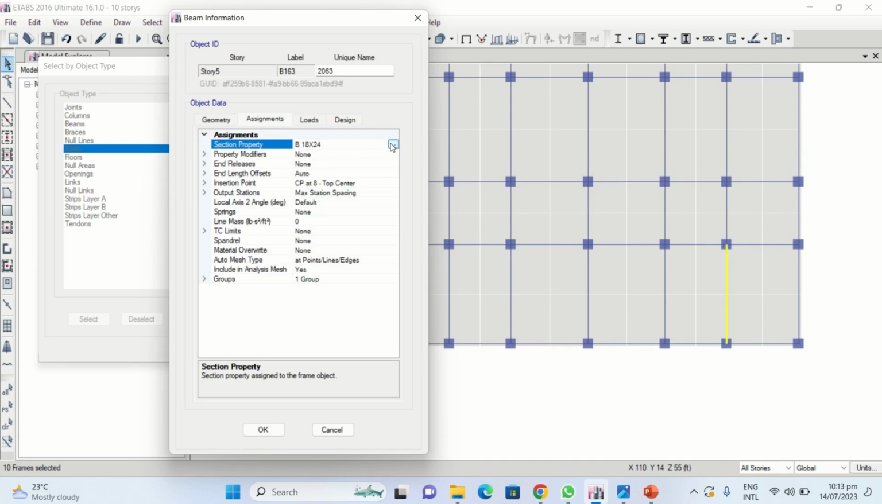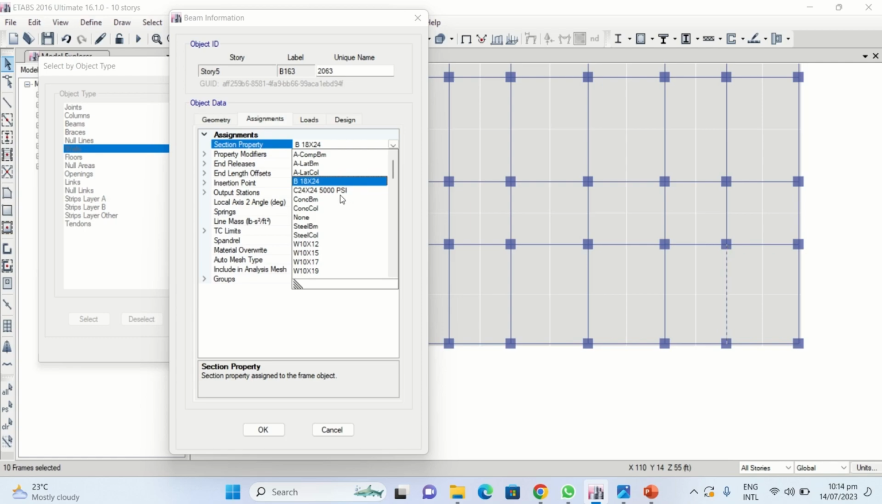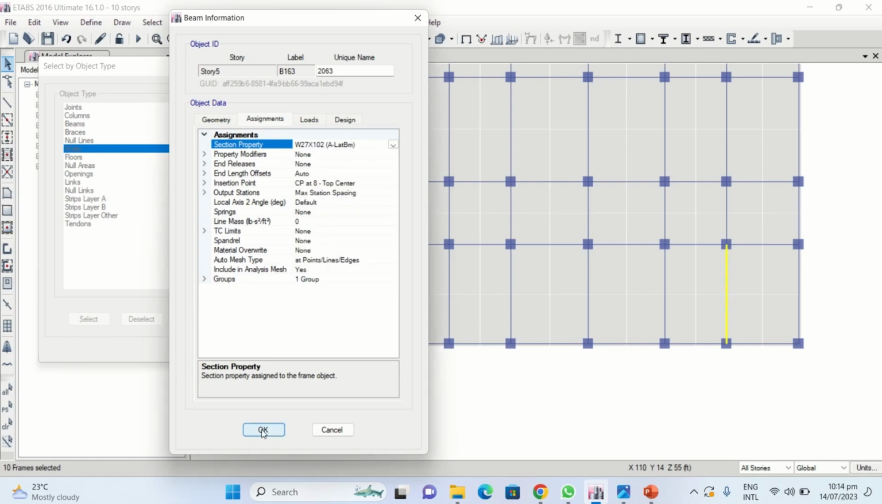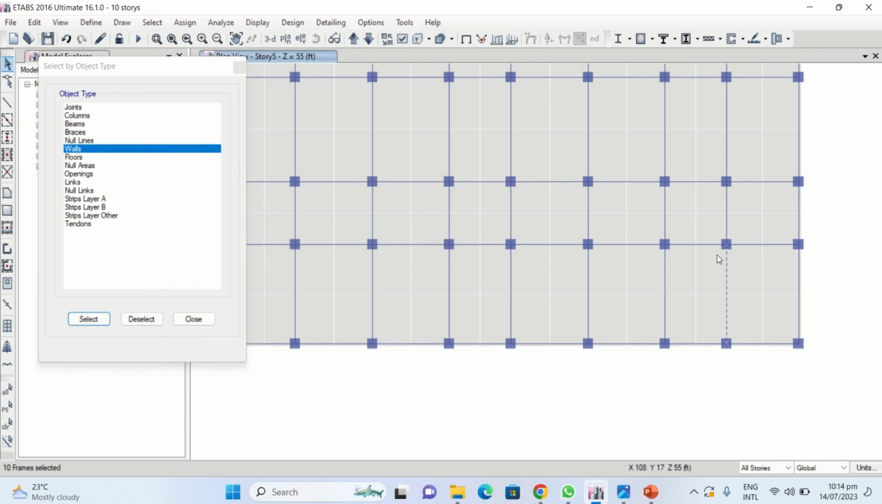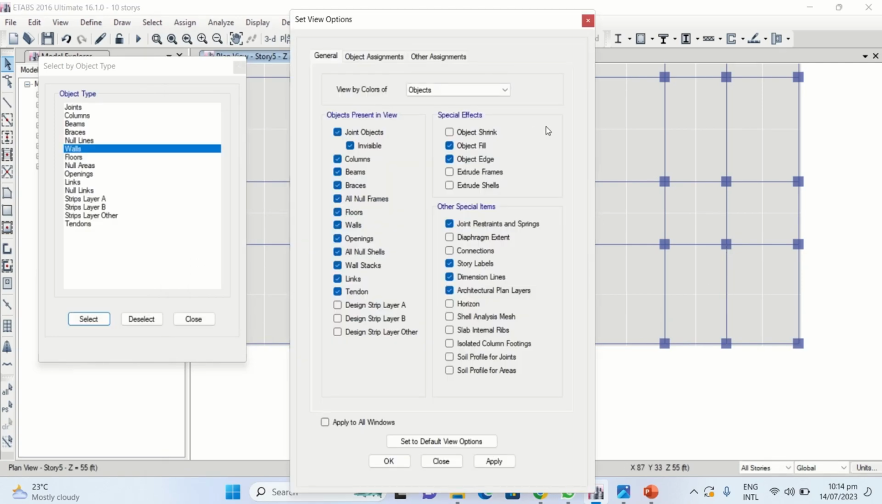If you want to assign a specific beam section, you can select that from the drop down menu. For example, let me select this, click on apply. So this property has been assigned. If I display the section properties assigned to the frame,